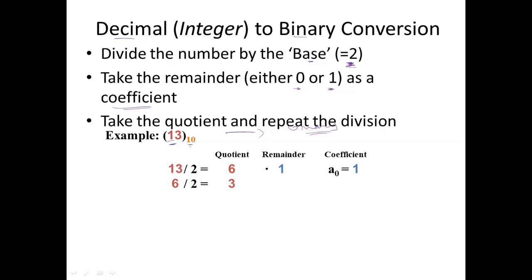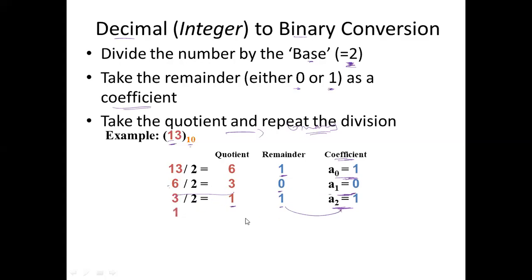Quotient is 6, remainder is 1. Okay, तो एक और चीज हमने लिखी, कोफिशिएंट। तो कोफिशिएंट क्या है, जो भी रिमाइंडर वाली चीज है, दैट इज योर कोफिशिएंट। सो वी हैव रिटन कोफिशिएंट हियर एंड वी हैव टेकन कोशेंट अगेन, जो कोशेंट है उसको वापस ले लिया, देन अगेन डिवाइड बाय 2, देन कोशेंट इज 3, रिमाइंडर विल बी 0, सो a1 इज 0। रिमाइंडर पार्ट मुझे अलग से लिखते जाना है और कोशेंट को वापस से यहाँ लेंगे, 3 डिवाइडेड बाय 2 इज 1, रिमाइंडर इज 1,